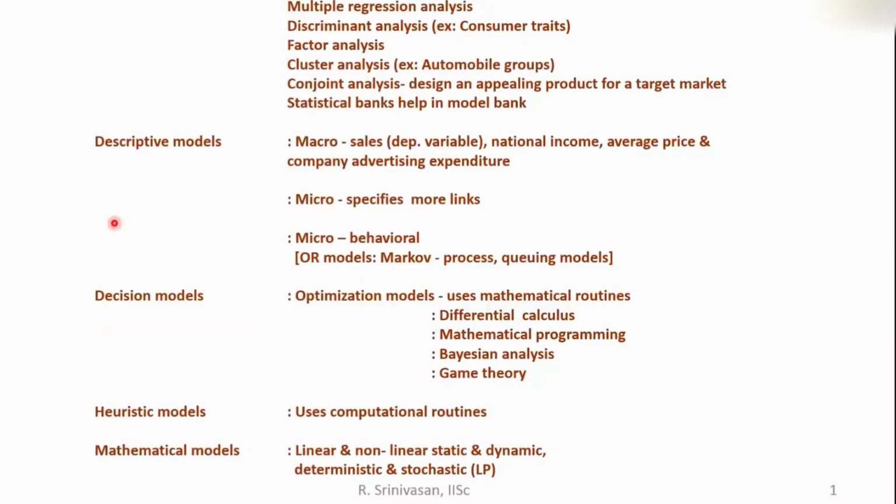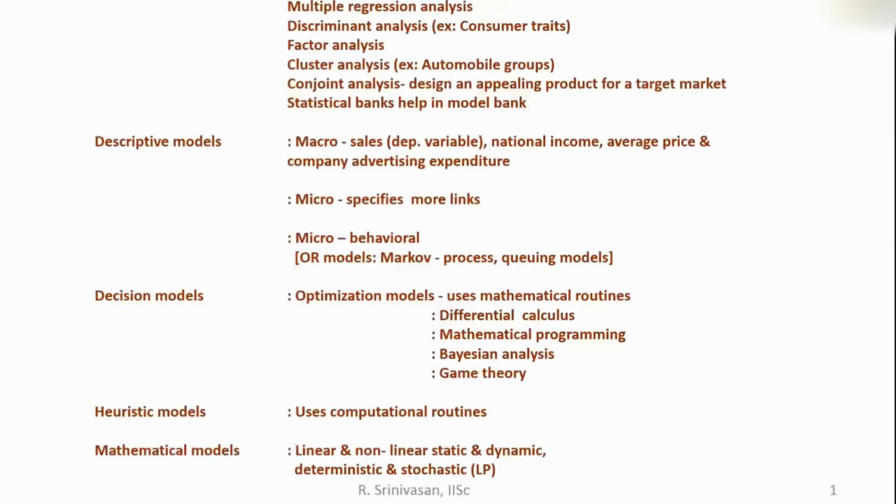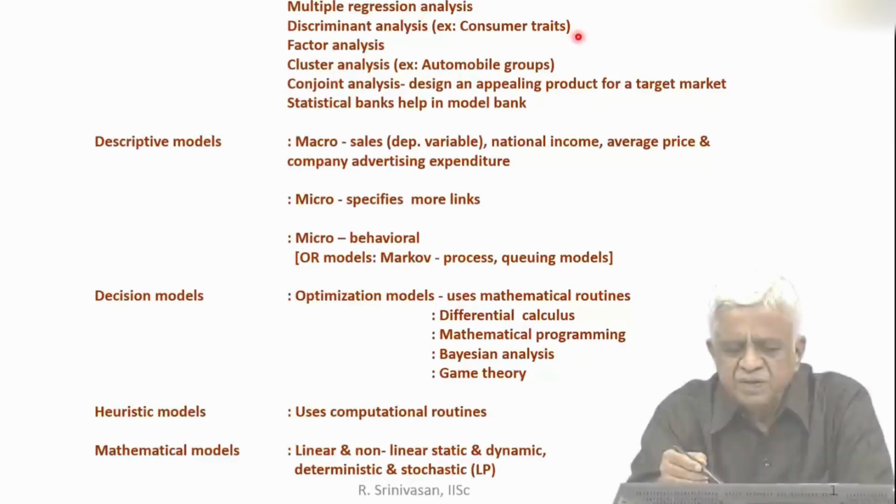Class, we will first look at what is this analytical marketing system. What does it make use of? When we are looking at the analytical marketing system, we are looking at basically the statistical bank. In other words, an analytical marketing system always makes use of a statistical bank. The next question is, what does this statistical bank involve? It involves multiple regression analysis. Generally these are the things which we make use of: multiple regression analysis, then discriminant analysis.